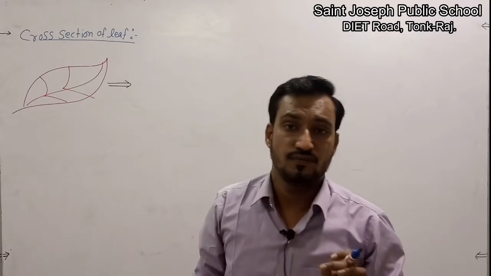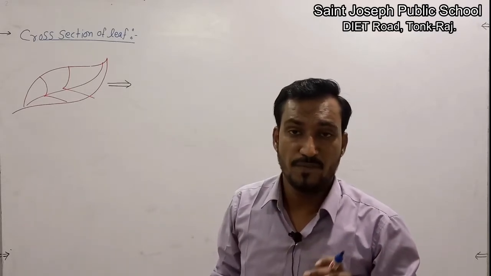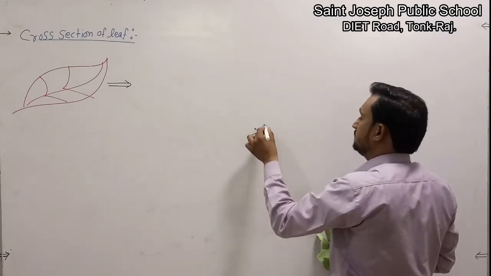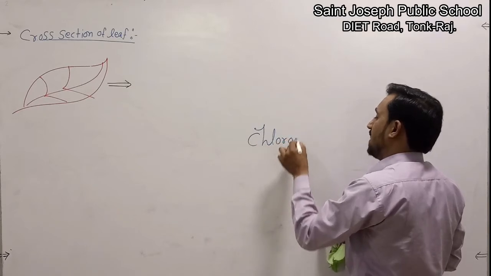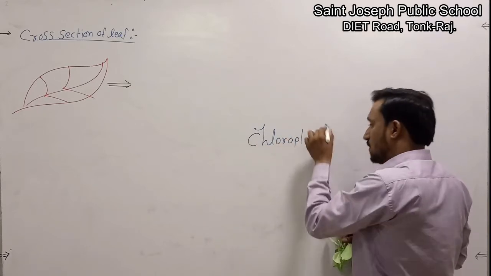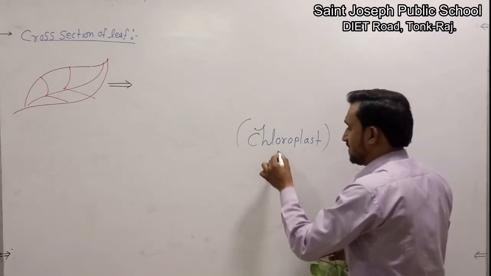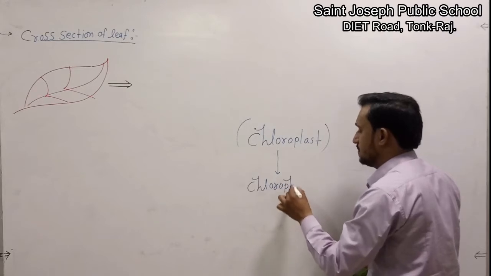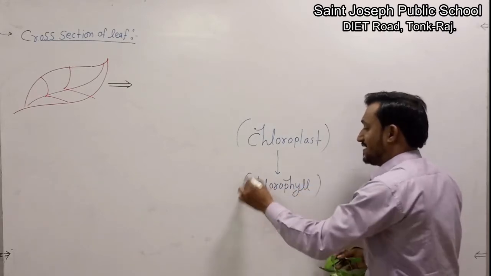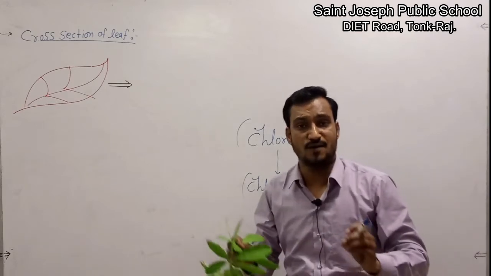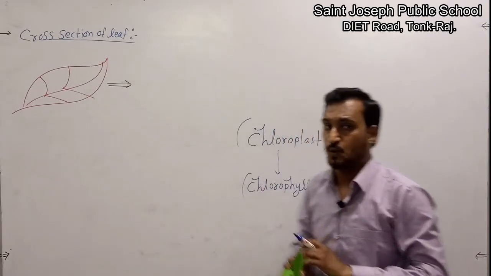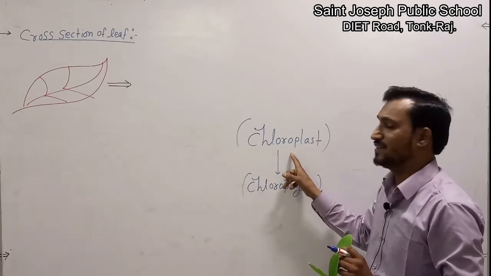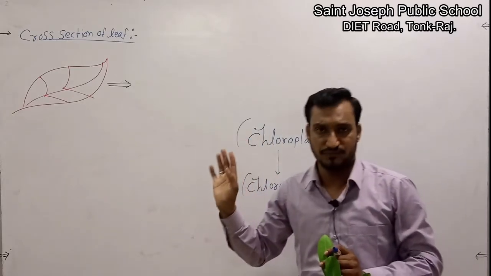Green color of leaf depends on pigments of green color. These green color pigments are known as chloroplast. Chloroplast is a big structure which contains a green color pigment known as chlorophyll. So what is the name of the green color pigment of a leaf? Answer is chlorophyll, the green color pigment which is situated inside the chloroplast bearing a leaf.